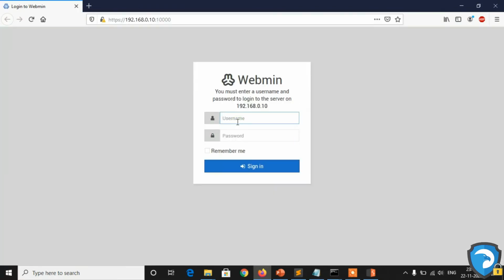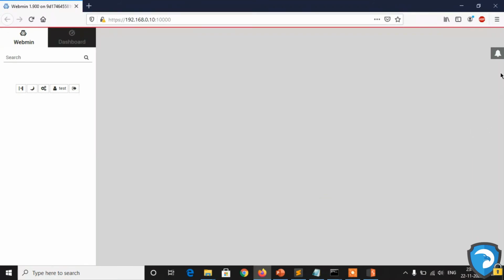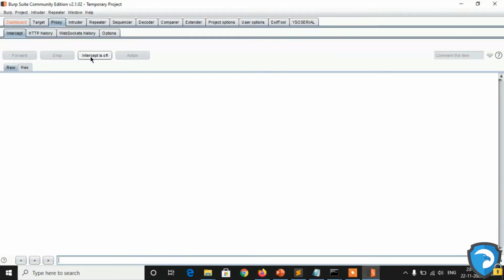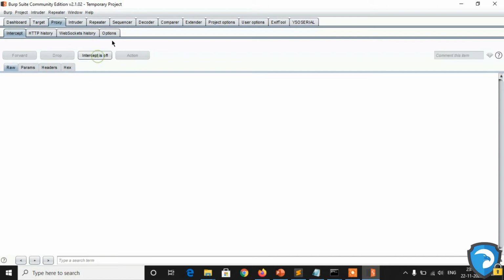We have opened Webmin and are giving the test user credentials. So we have logged in with the test credentials. Let's turn interception on and capture this request, send it to repeater, forward, and turn off the interception.